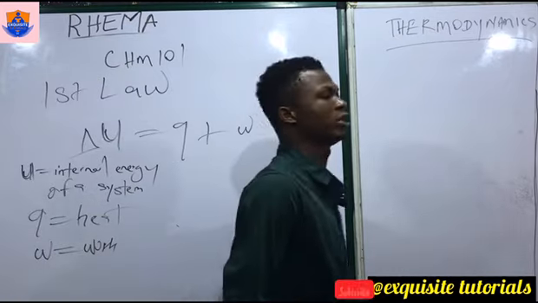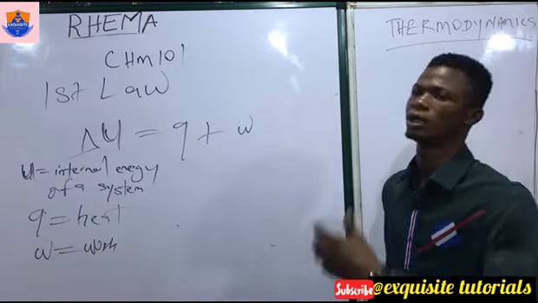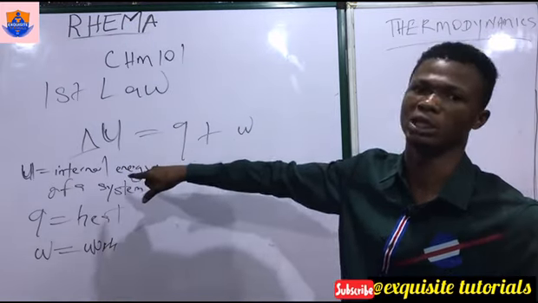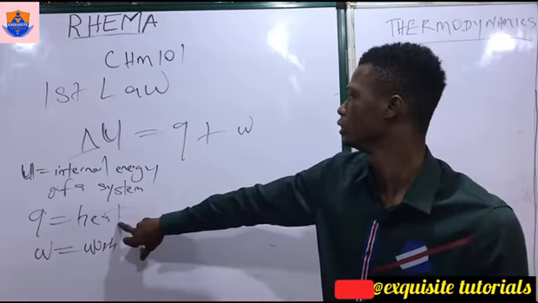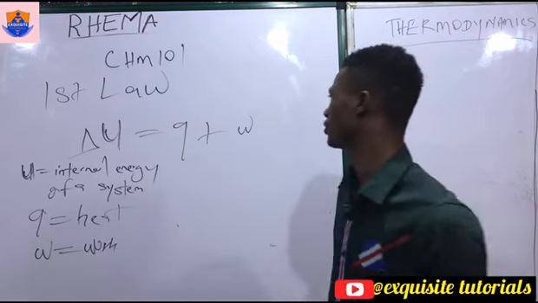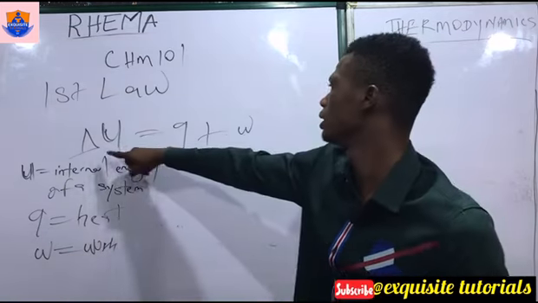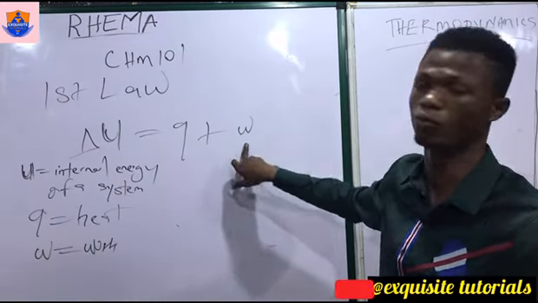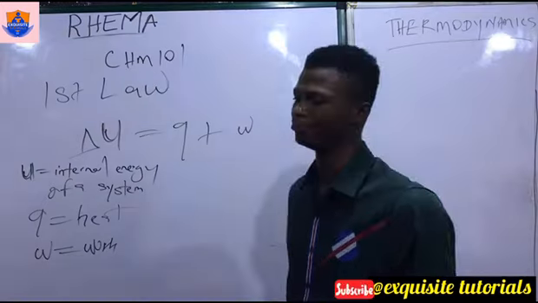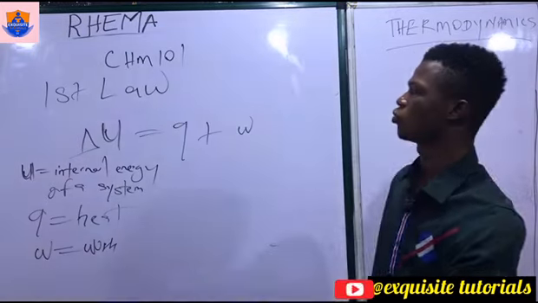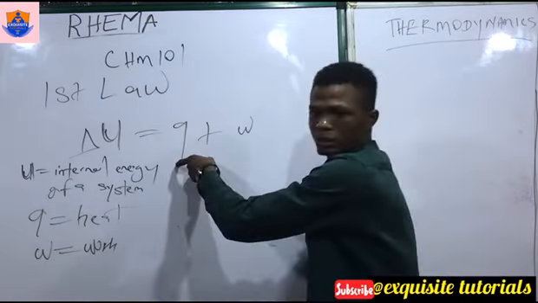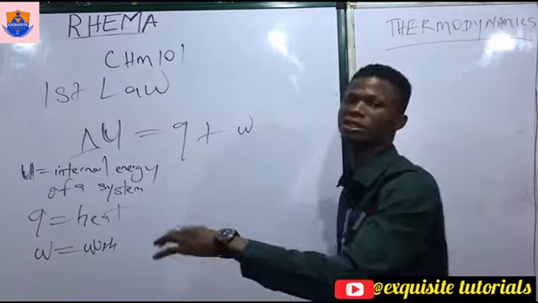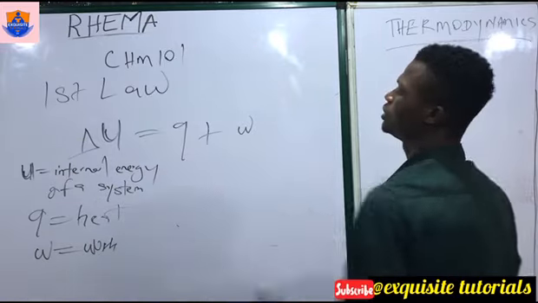Now, just like we explained the three systems, that means for an isolated system, the internal energy is going to be constant because there's no work done and there's no heat transferred. Just like we were made to know that internal energy is equals to quantity of heat plus work done. For a closed system, the internal energy is going to be equals to the heat, because there is no work done on a closed system. But for an open system, internal energy has this formula.